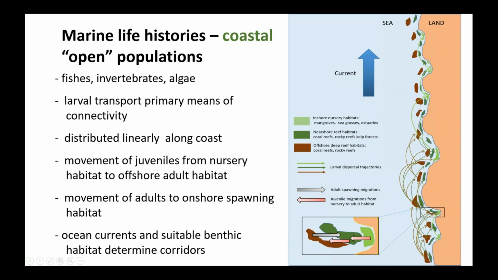And then the lines correspond to the transport of larvae from a source population, say down here in the bottom, to a recipient population. And typically, you see that they're moving between similar ecosystems, right? They're replenishing adult populations that inhabit the same ecosystem. However, in many cases, young that are produced in any of these ecosystem types actually will recruit to and use what we call nursery habitats, like those mangroves, seagrasses, or estuaries, or kelp forests. And then in this inset down at the bottom of that graphic, the juveniles eventually migrate offshore where they replenish